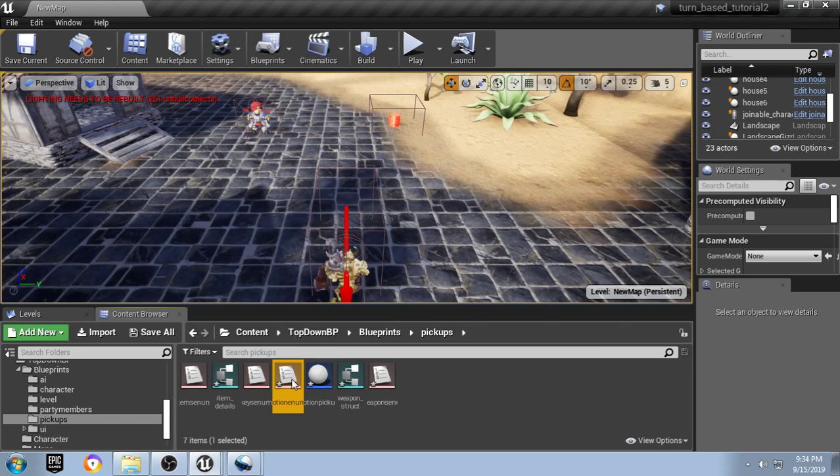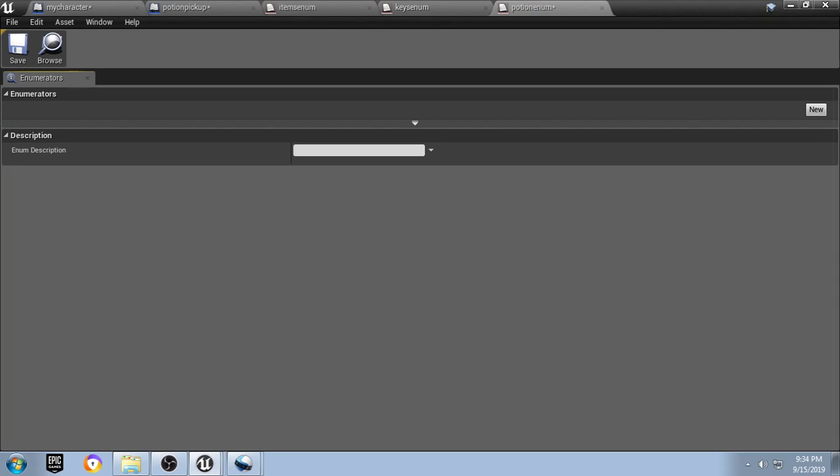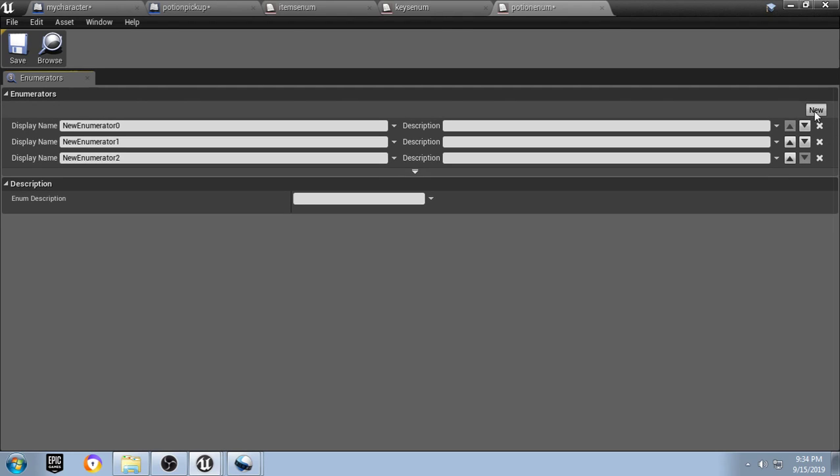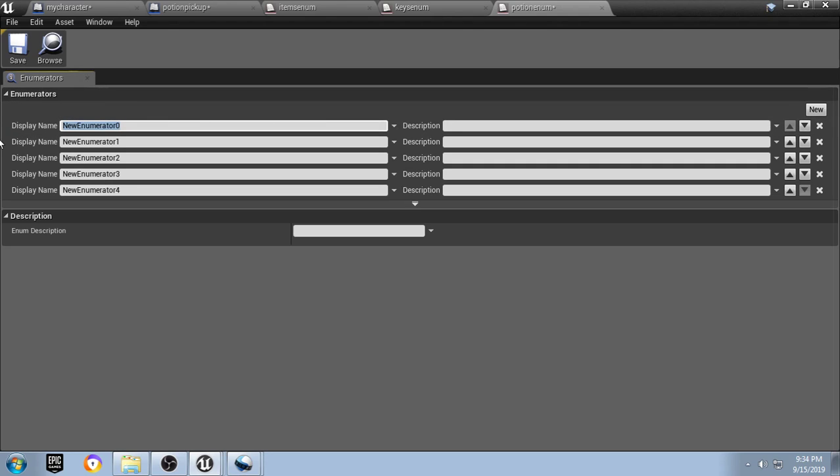Then we can open up the potion enum, and we basically have to list our type of potions here. So we'll have 1, 2, 3, 4, 5, and then we'll just call it HP, MP, AP, stat,